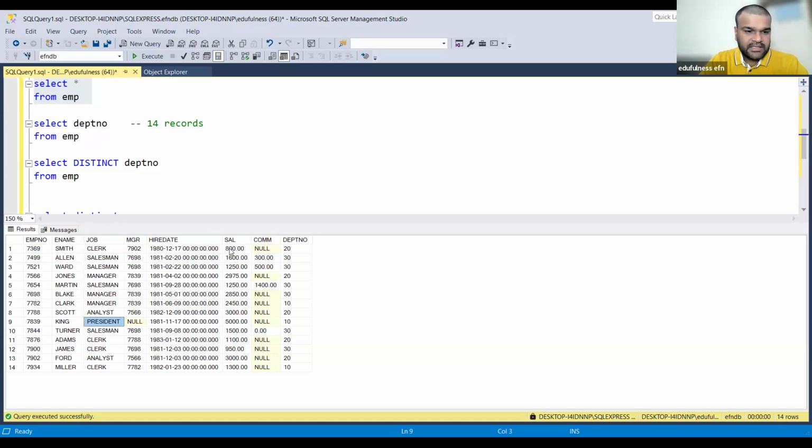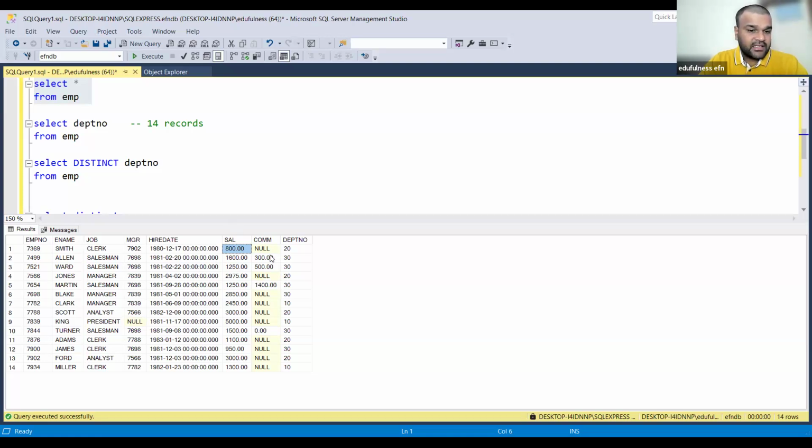For example, for Smith, here also you have null, right? You can see the yellow color. For Smith, the commission is null. Maybe the meaning is his commission value may not be available at that time, so you didn't insert anything. If for any column, for any record, you don't insert anything, by default that is taken as null.